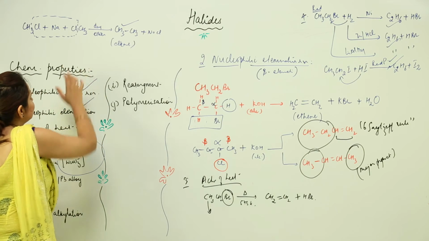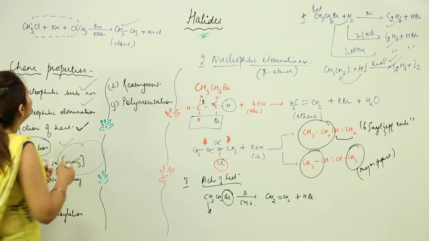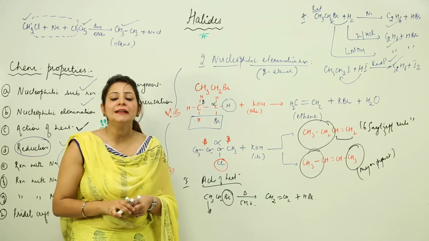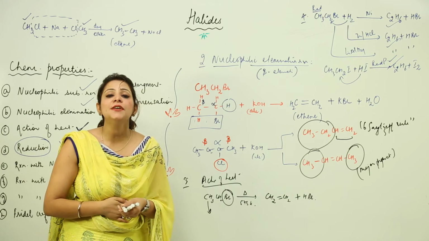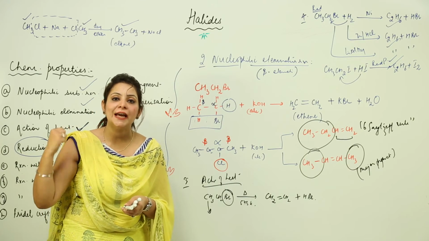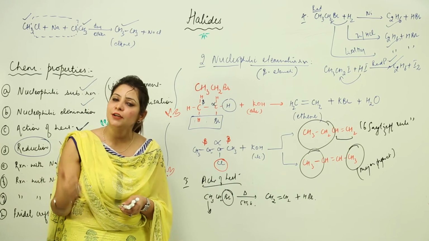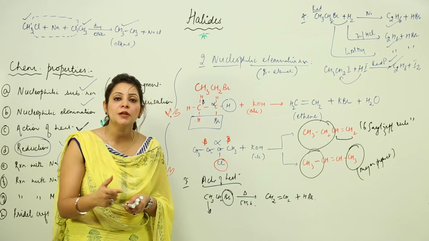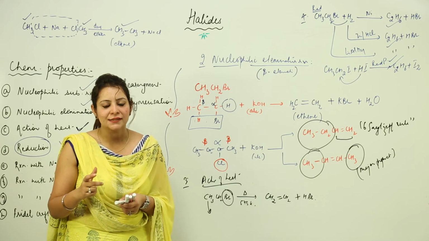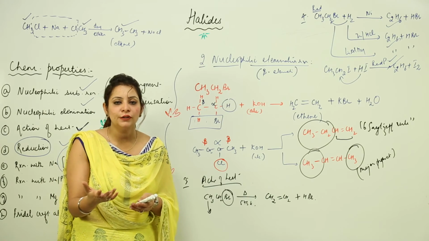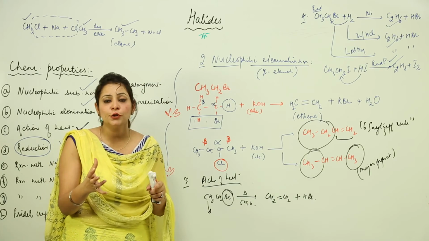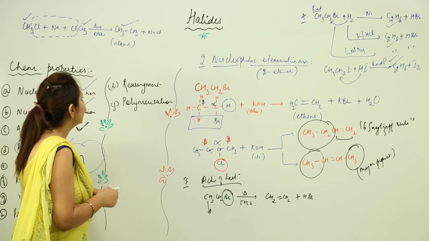I think you remember that when we are performing this reaction with sodium, we need to take these alkyl groups similar. Because if we take dissimilar alkyl groups, we'll get a mixture of alkanes, and as we know, mixtures of alkanes are very difficult to separate as they have close boiling points. So whenever you are reacting the haloalkane with sodium, you need to keep in mind that you have to take the same R on both sides, because if you take different ones, they will react with themselves also and with the other also. So you will get a mixture of alkanes, and they will be difficult to separate.